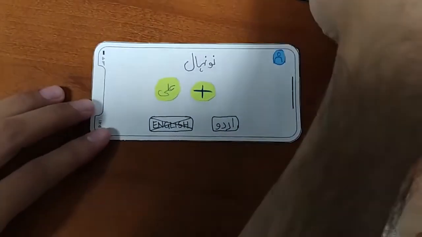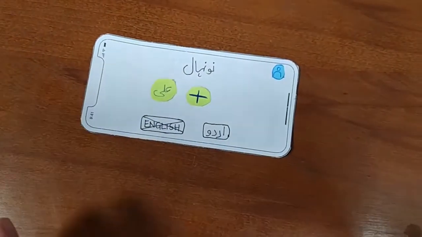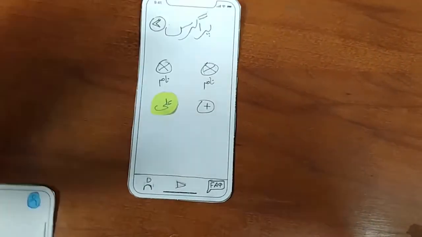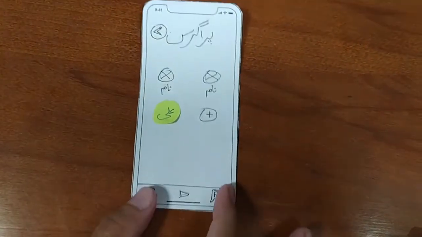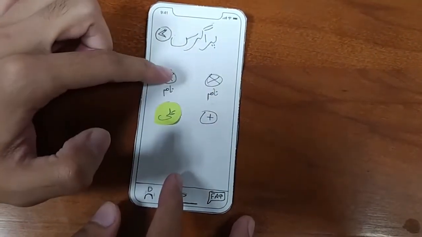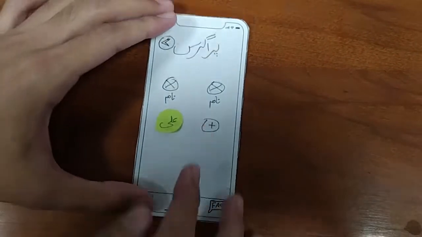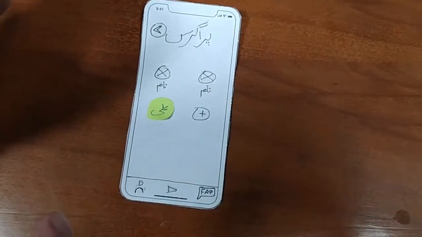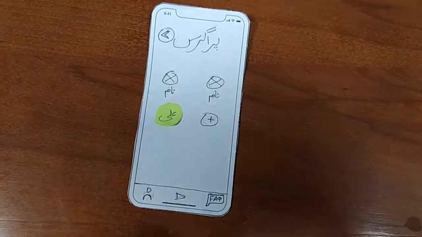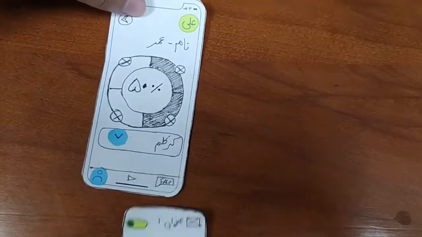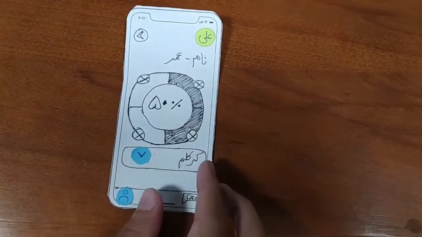And then after successfully completing that password field, you are prompted to the first screen of the parent section. What we see here is a back button and multiple profiles that you've added. And when you press this icon, you are prompted to the first flow that we've covered. Upon pressing that icon, you are then shown your child's progress.